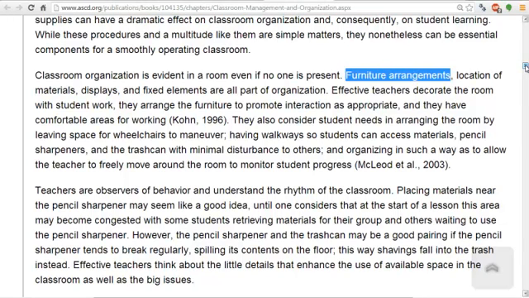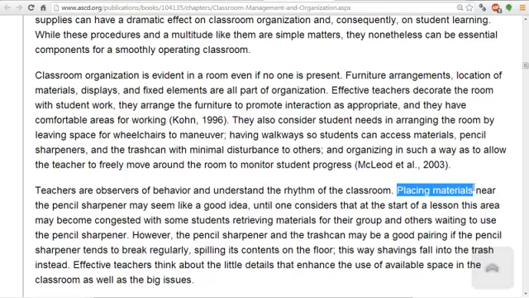If you want students to use something, you need to place materials in such a way that students have easy access, that they can get them easily, instead of having to climb around a desk or something to get to a bookcase that might have dictionaries in it. You'd put those dictionaries in a place that were easily accessible, if that's something you want students to use all the time.